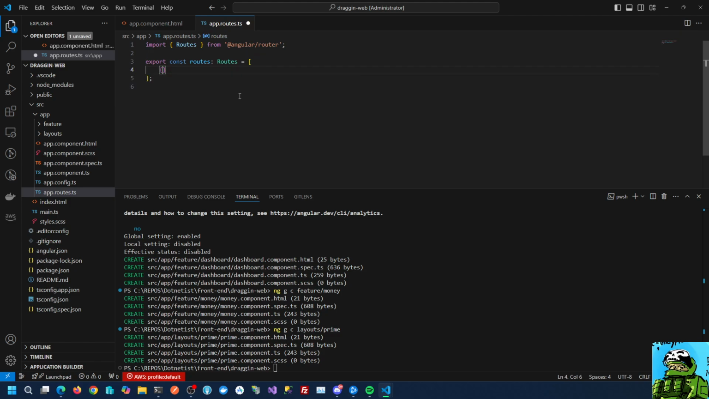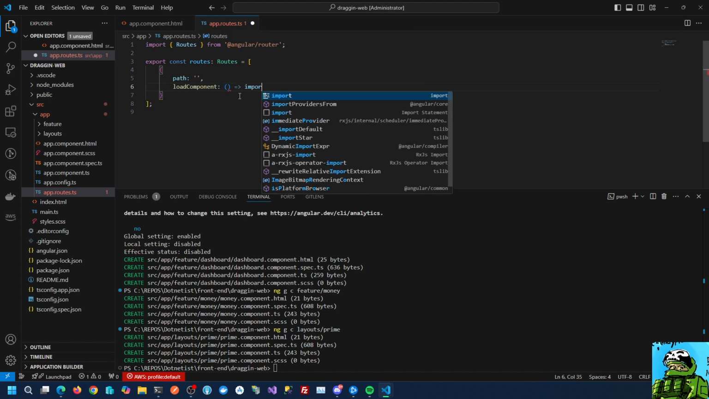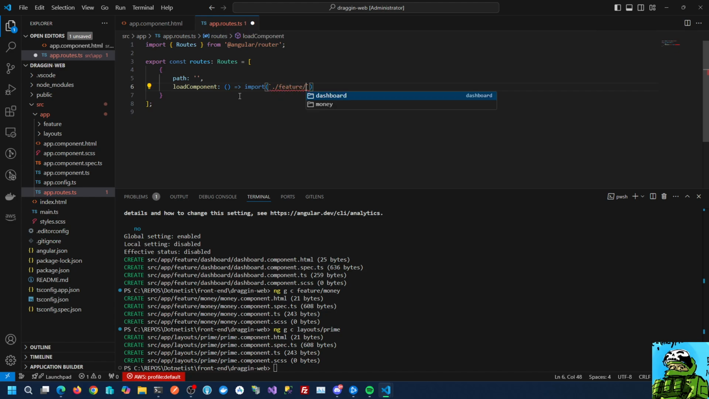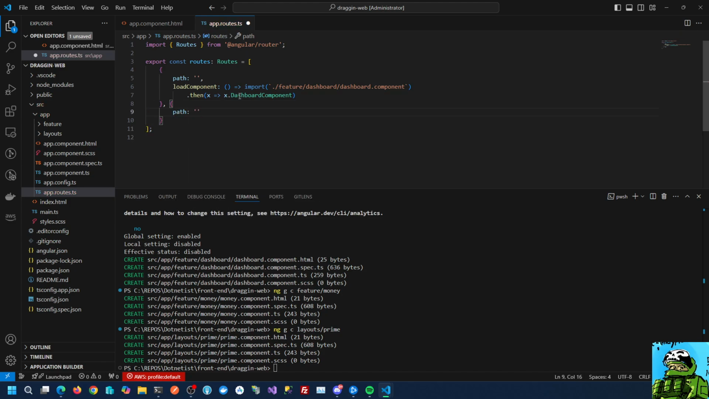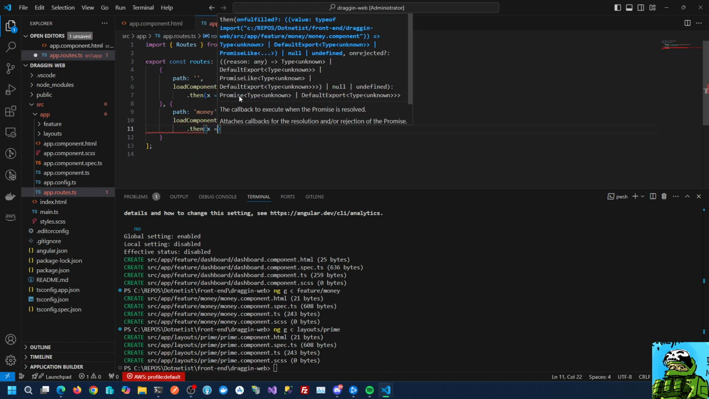Okay, so first we're going to create the path, and this path will be loading the dashboard. So we're going to lazy load this thing here, right? So component, right? So next is money. So load component and then import feature money component. Alright, so